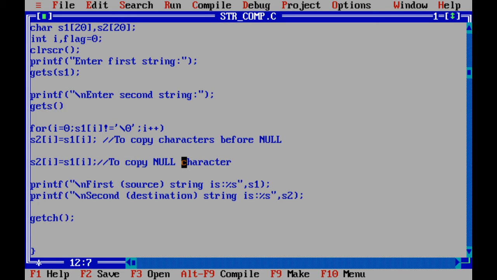To read the string at runtime, we will use gets, so gets s2. Here two strings are entered; the two strings s1 and s2 are read from the user.